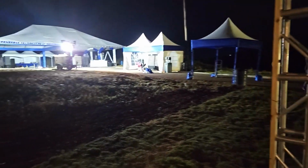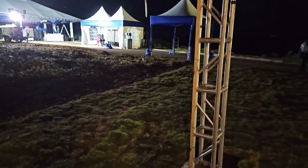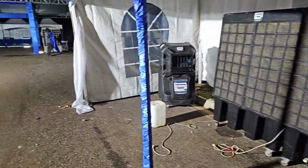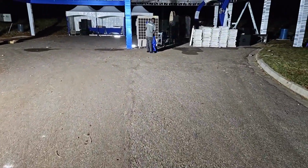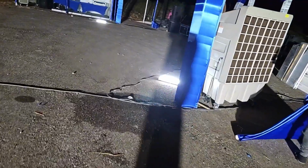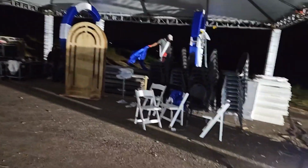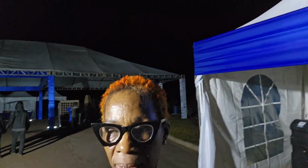Persons are setting up here, and of course we're doing this because the Prime Minister is actually coming here in the morning to do a handover of this unit. So it's actually 11 o'clock at night and we're here working. So I'm working on the unit,